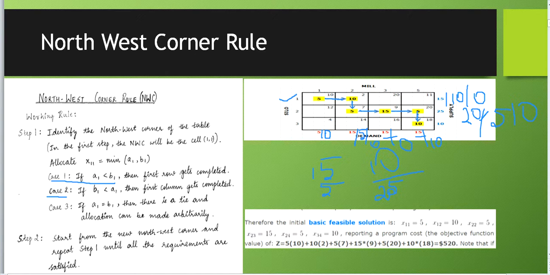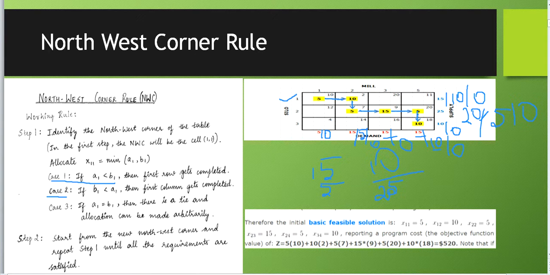So we have come to the last cell. Now the values left out are 10 and 10. So directly allocate 10. 10 minus 10 gives me 0, and 10 minus 10 gives me 0. So all the values have become 0 here. That means we have to stop the iteration. Starting from the northwest corner and traversing the matrix in vertical and horizontal directions, we have come to the last cell. So we shall stop the iteration.